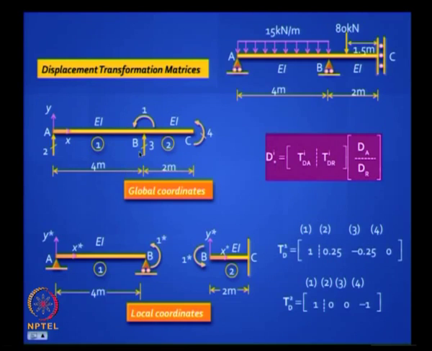Okay, so let's check it out. If you put this rotation 1, it will affect this and this, right? So you get 1 1 both anti-clockwise positive. If you put d2 equal to 1, that means you lift up this end, which is simply supported, you get a clockwise rotation in element 1, right, which means anti-clockwise equivalent flexural rotation. 1 by 4 is how much? 0.5 plus 0.25, but nothing happens to the second element, so this is 0.